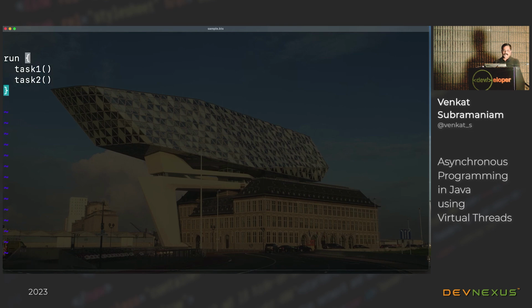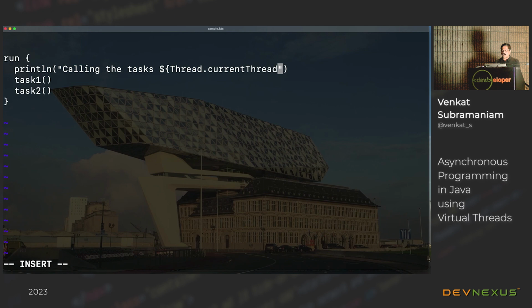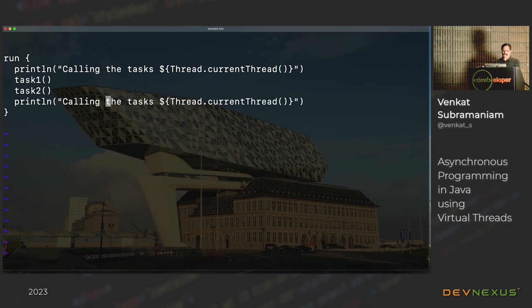Then I will print out "calling the tasks", and I'm also going to display the thread information using Thread.currentThread. Similarly, I'm going to say "called the tasks". So you can see I'm calling it and I've called it.